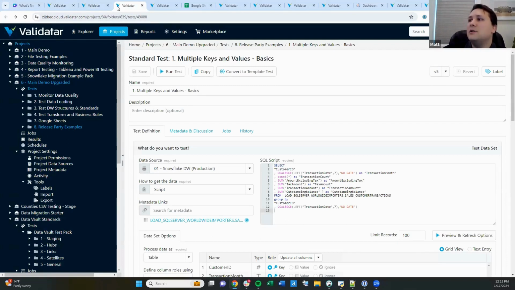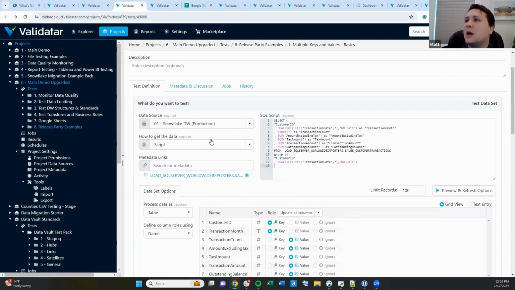This is now our new user interface for working with any test in this new environment. And the fundamental change that has happened here is our SQL script can now be any structure that we want. And we do not ask for the structure of that as part of the first or second question when we ask what do you want to test. We still link everything to metadata, still have to define a data source,